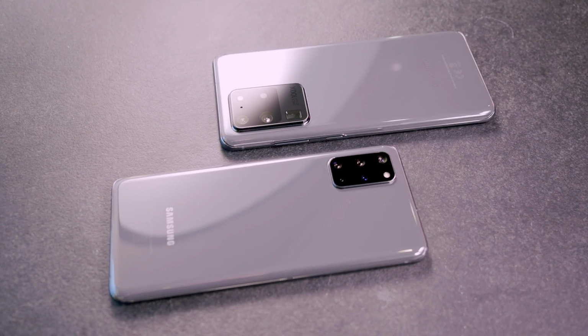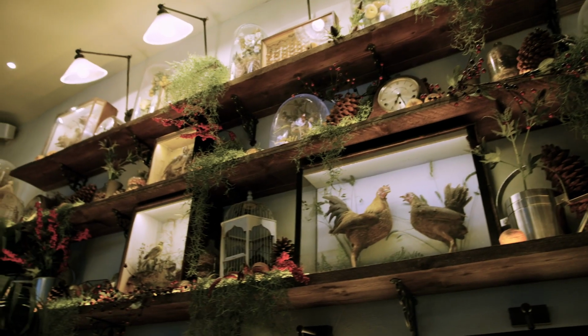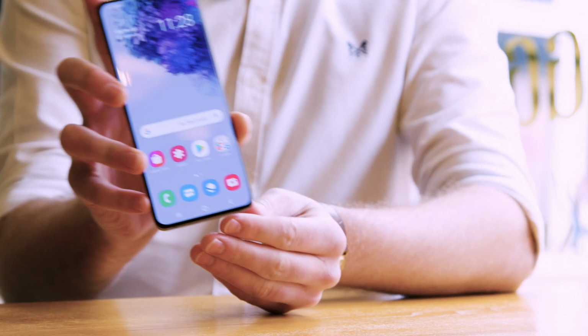When we first got our hands on the Samsung Galaxy S20 range, it was a super secret location hidden under lock and key, which was wise because we sent the kind of presenter that shouldn't really be let out during daylight hours. As a more presentable presenter, I've been sent to this more sophisticated setting to get to know the Samsung Galaxy S20. Increasingly, phones have been focused more on their cameras, but it's hard to remember a time when